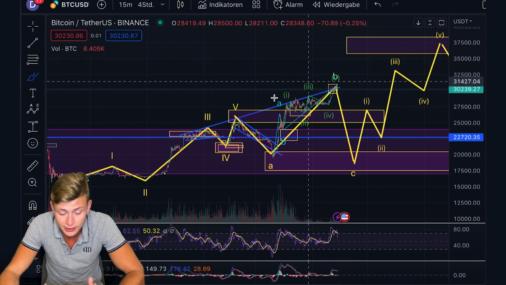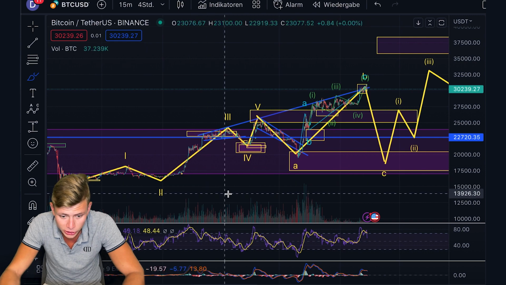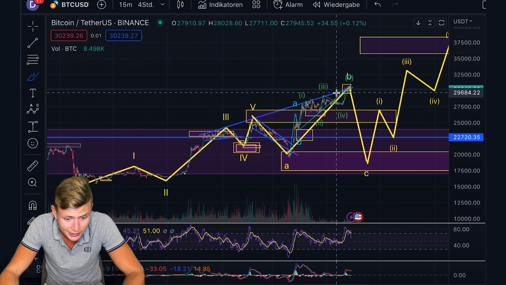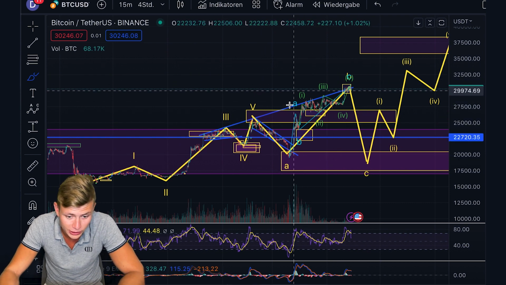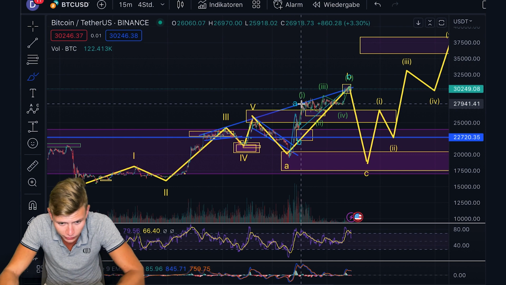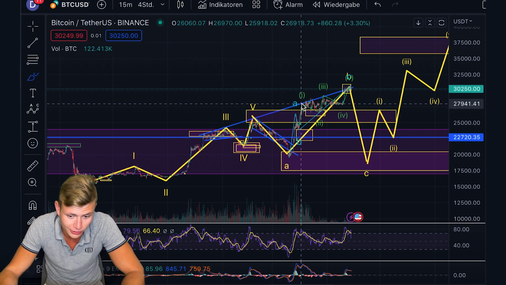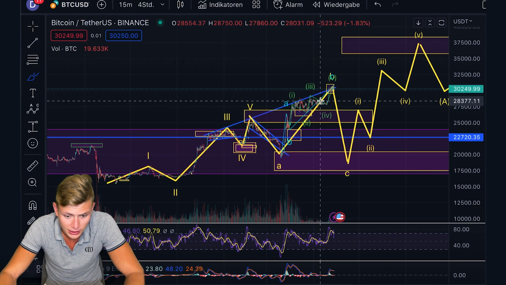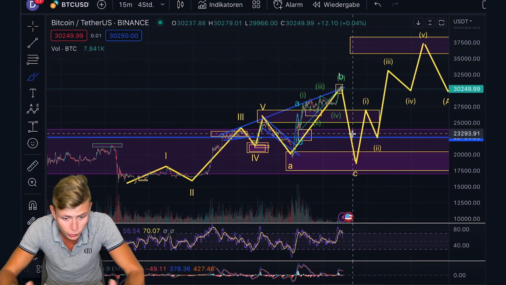We can count it as like 5 or 6 1-2 setups to the upside. We can count it as a leading diagonal. We can also count it as an ABC structure with an ending diagonal. There are several different ways of counting that, and I don't really want to focus too much on one of those scenarios, because I'm right now not sure which of those is playing out, and that's why I'm right now staying on the sidelines and waiting for further confirmation, because we didn't see a breakout to the upside, we didn't get an impulse towards the downside, we got nothing yet.